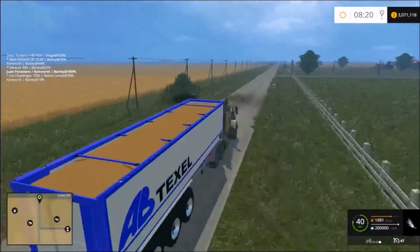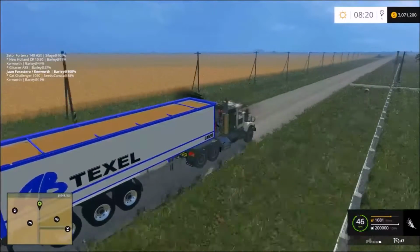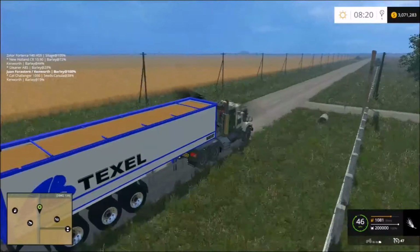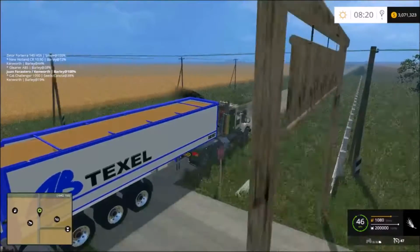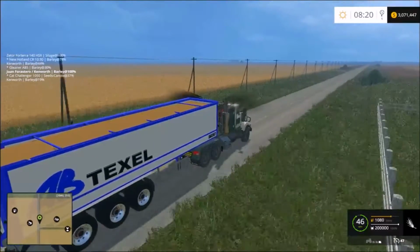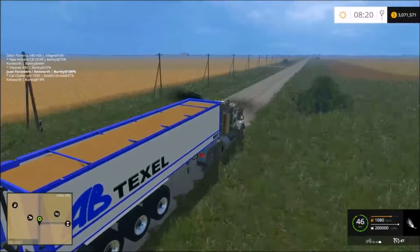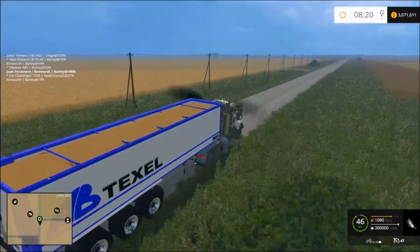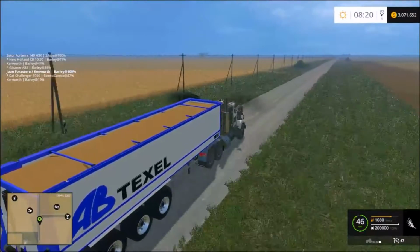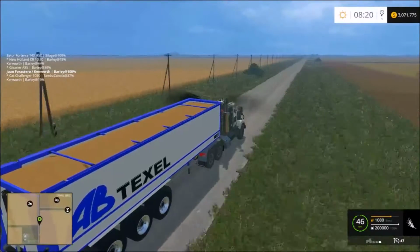Alright, we're here with the white Kenworth and the AB Tesla trailers, taking a load of our barley down to the elevator, train station. It's a little bit of a haul down there. Train goes right past it. If I can stay on the road,